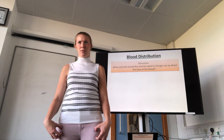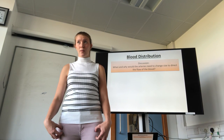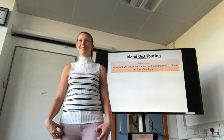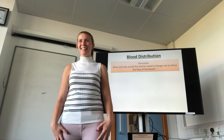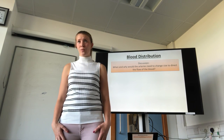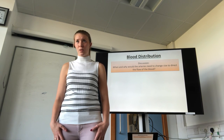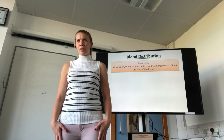Pump more blood to that area and make it bigger so it stores it for longer so that there's more access to it. Right, say that again for me. I have to think about what you said. So the heart's going to pump more to that area, then the veins are going to get a bit bigger so it can store it so that there's quicker access to it. Is it the veins that's going to...